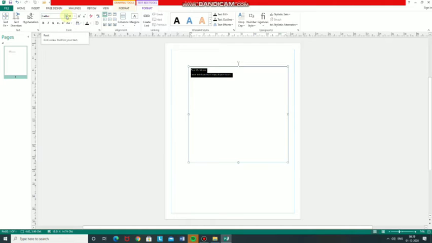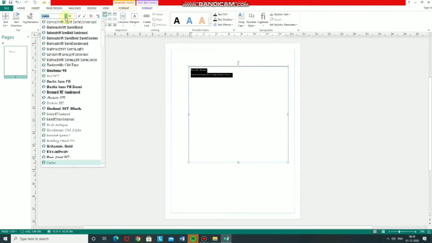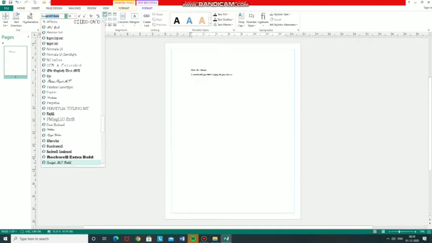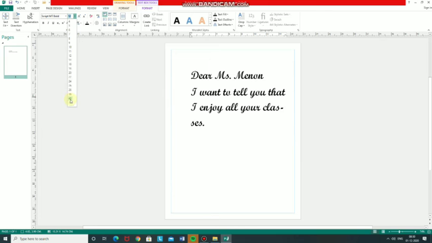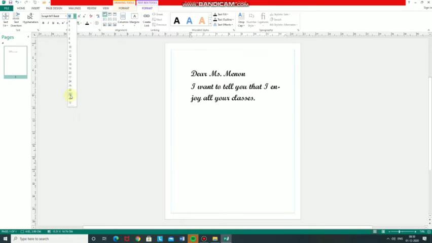Click the Font drop-down menu arrow and select Script MT Bold. So, click here. Then type Script. You can see the Script MT Bold fonts. Then click Enter. Now click the font size drop down menu arrow and select 12. Now, if you have written the whole paragraph, you can select the font 12 or 14. But I have written only 2 lines, so I have increased my font so that you all can see this.